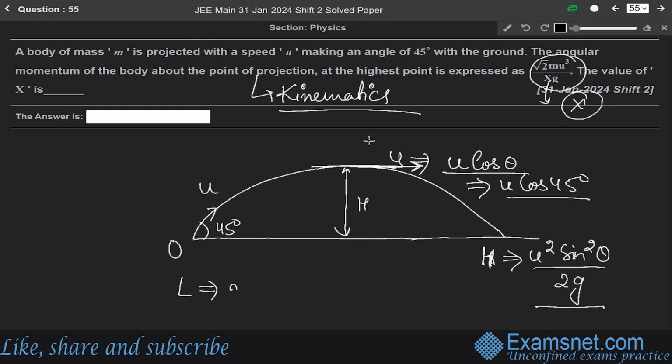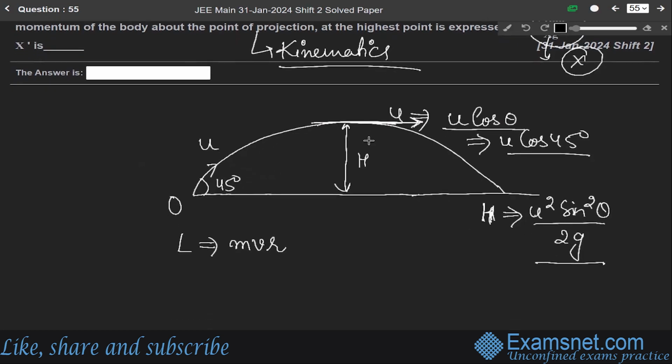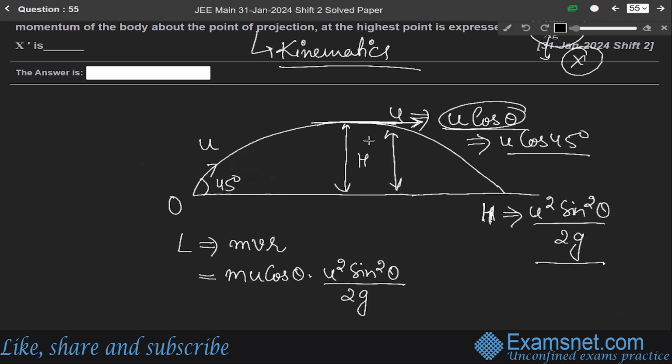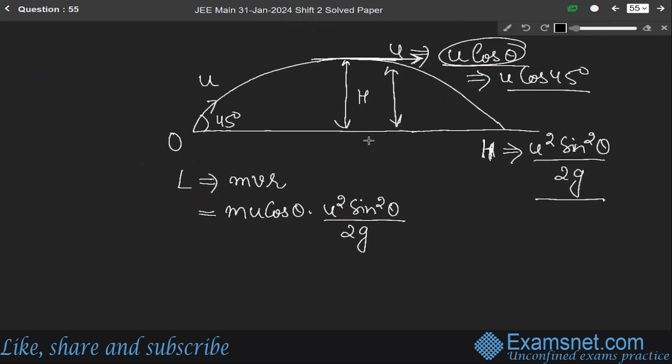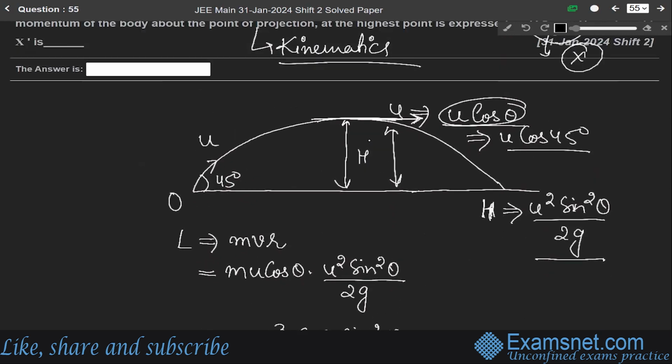Angular momentum is equal to m into v into r, where v is the velocity, r is this distance. Okay, so m into v is what? m u cos theta, and r is what? u square sin square theta over 2g. Now it will become m into u cube into cos theta into sin square theta over 2g. Now putting the values,